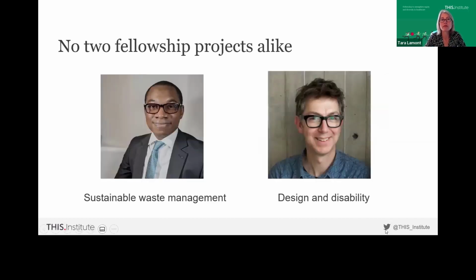If I just carry on with a couple of other illustrations. On the left here, Karan Barki, one of our newer fellows, is one of the themed fellows Fiona mentioned. So we put out a priority call around sustainable healthcare, greening the NHS. And Karan was one of the small cohort of fellows we funded. He's got an engineering background, more recently has worked in healthcare with some understanding of social sciences, bringing these really rich different skills. He's looking at waste management in the NHS